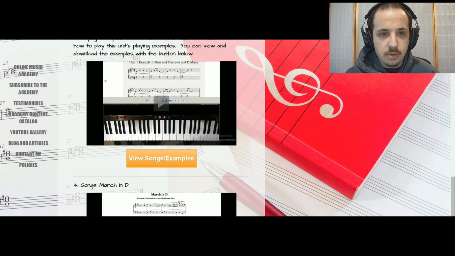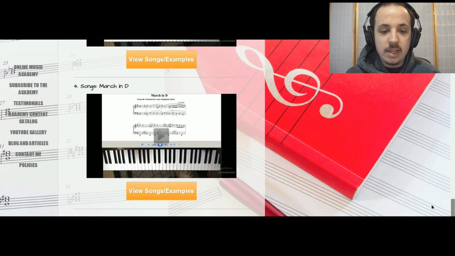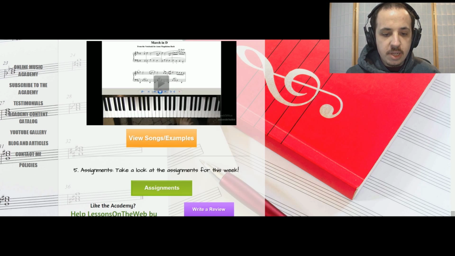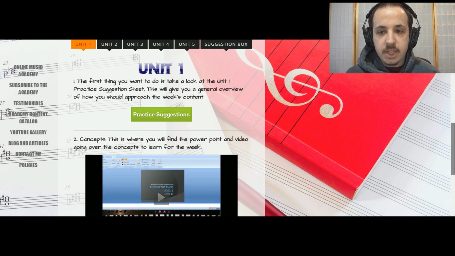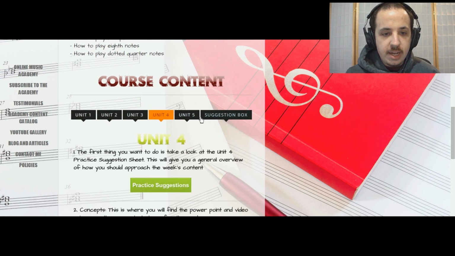Another thing with the Academy is if you run into any trouble of any kind, contact me and I'll sort you out. I haven't found anybody yet who has had problems that I couldn't sort out in some way. And then you can also click buttons to take you back to various portions of the Academy. But you want to go through all 5